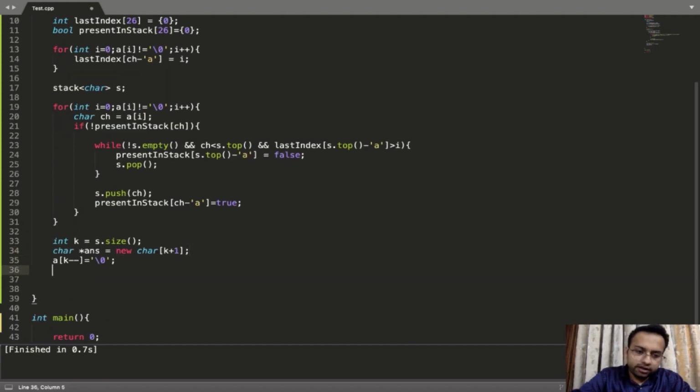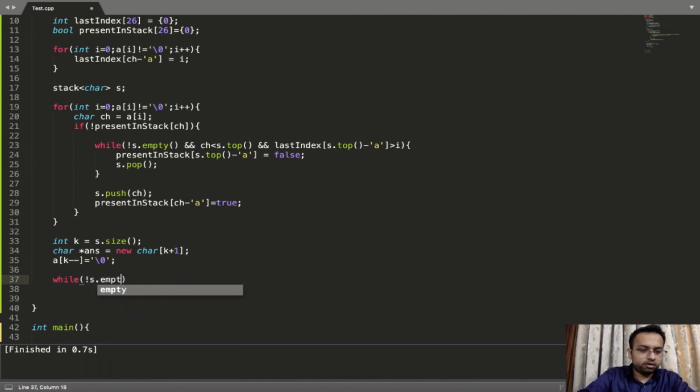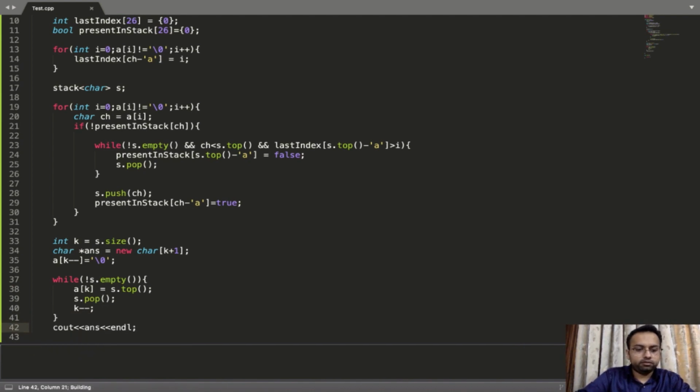So at the kth index we stored the null. Now, while not s.empty, I'll store a of k as s.top. I'll do s.pop and k minus minus. Simple. After we have done this, I'll simply print the answer bucket.